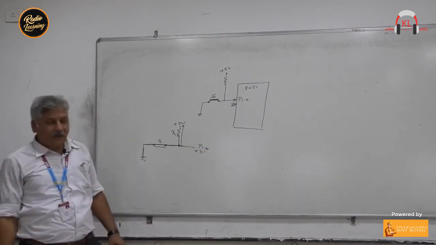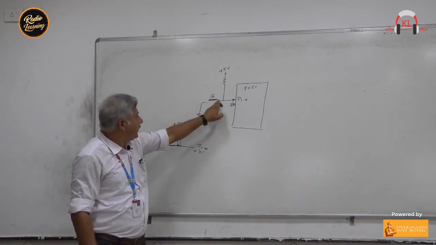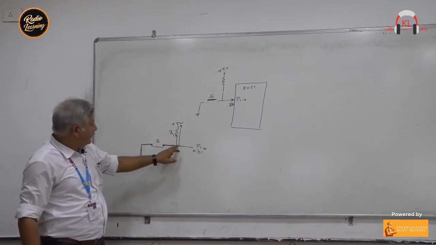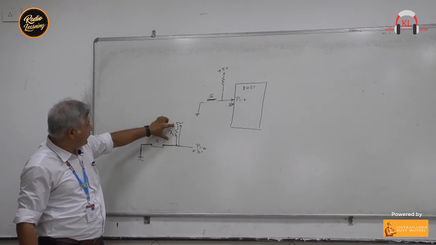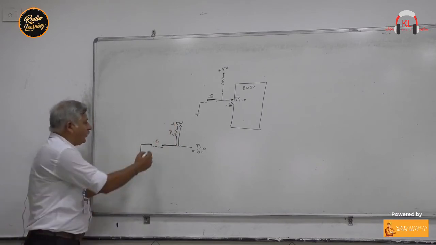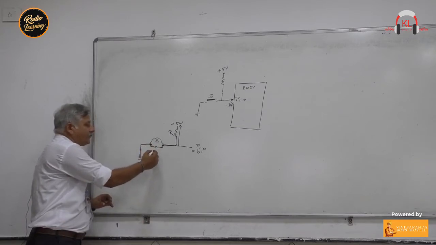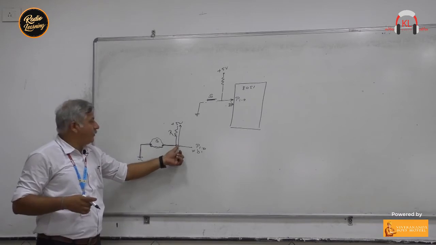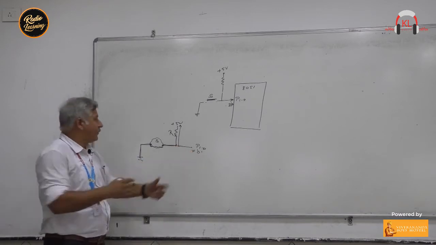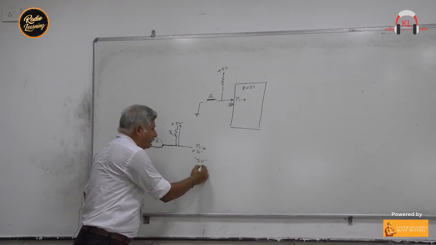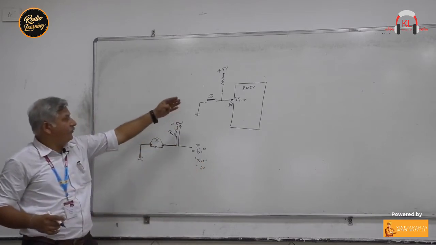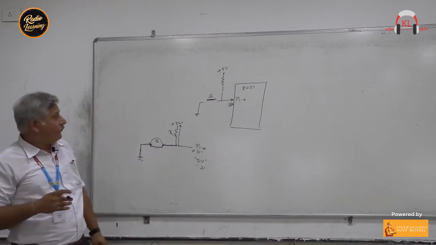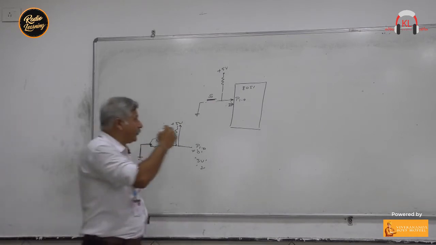0, ground, right? And when we release this switch, at that time this is an open circuit path. Under this position, this point is connected to VCC through this resistance, and this point is connected to ground through this open circuit. Open circuit means very high resistance in the range of megaohm. So in that case, if we read the voltage here, we find plus 5 volt, that is binary 1, when we have not pressed the switch, right? So we have to read this condition, when we have pressed the switch and when we have released the switch,